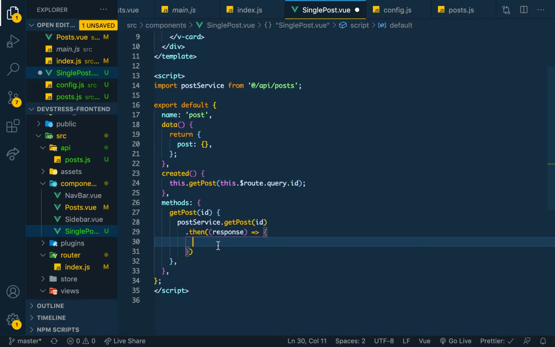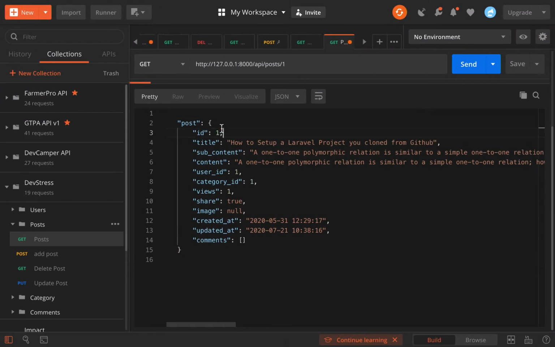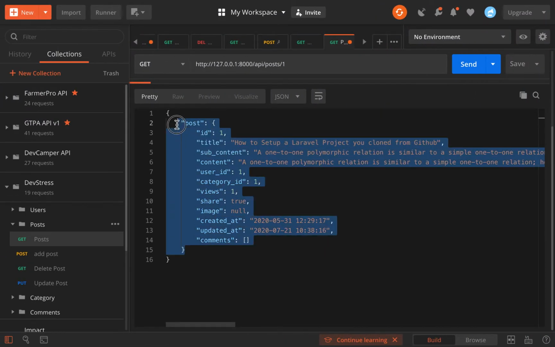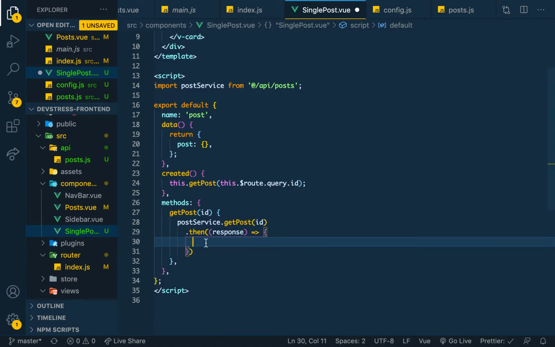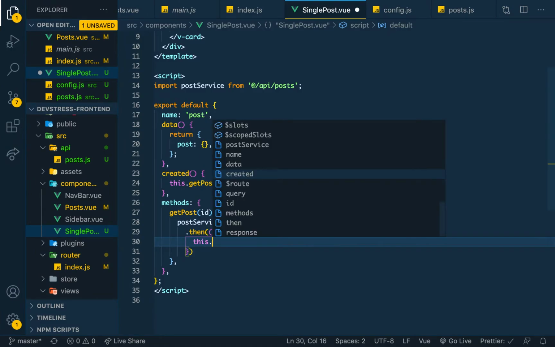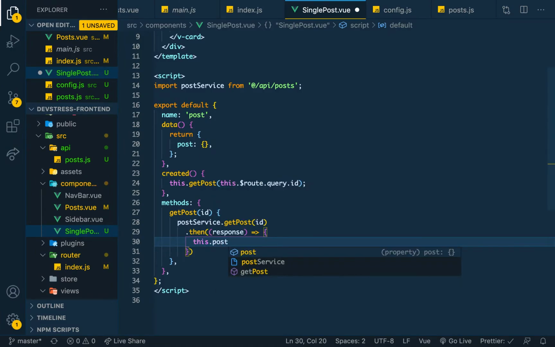response, and the response that we get is an object. All right, so response.post is what we are looking for. So you're going to say this just like we did for the first one. So this.post is equal to response.post. So maybe in the future we can do some type checking, and then we can pass this to